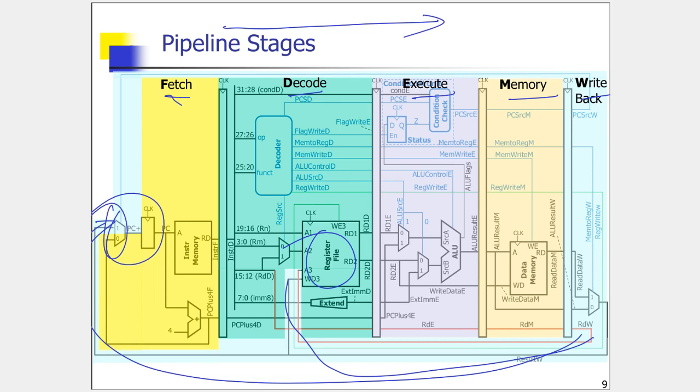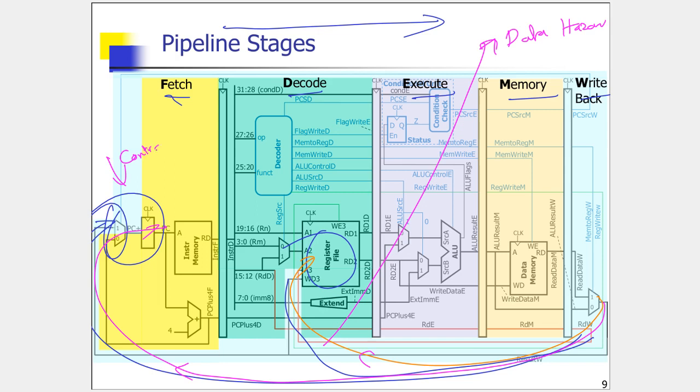But whenever the data goes against the traffic, you will have trouble. So here you can see the result is written back into a register file, or in the case of branch instructions, the result is written back into the PC. The result is essentially the BTA, right? And this traveling back causes a lot of problems. Data traveling back into the register file causes something called data hazards. And data traveling back into the program counter causes control hazards.